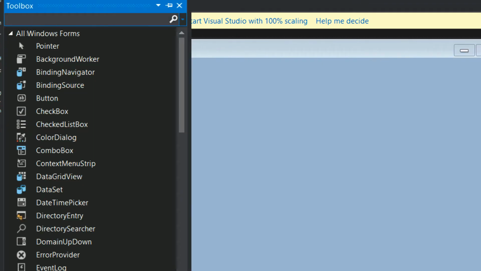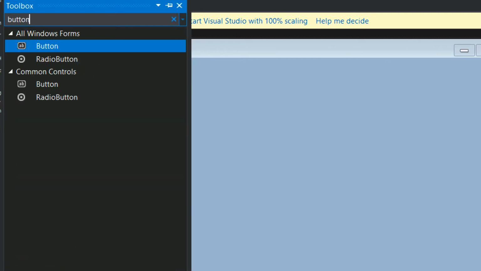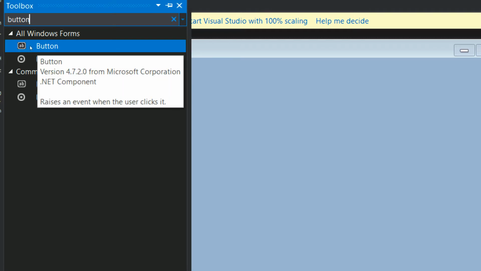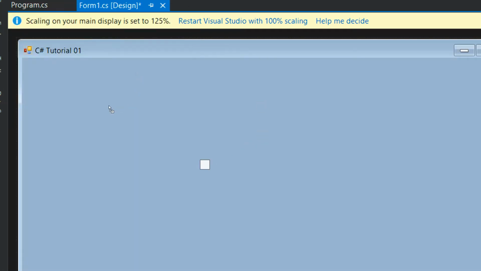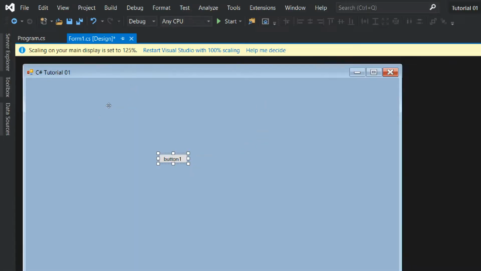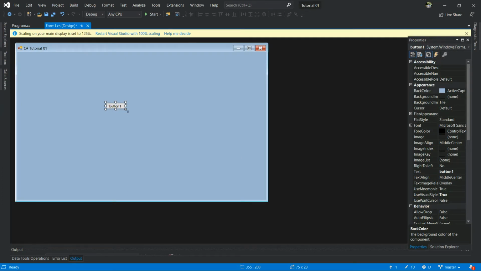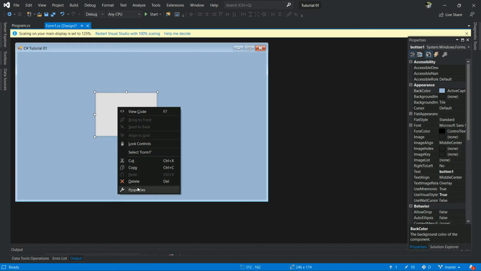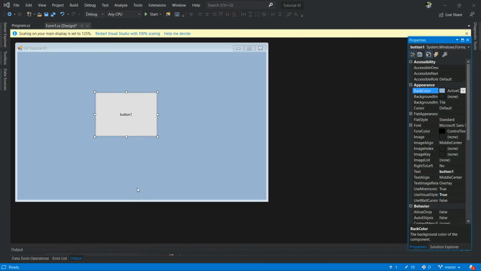Now I am going to add a button. You have to go to the Toolbox, type and search Button, and drag and drop it onto the form application. Now you can click your button and resize it like this. Right click and go to Properties. You can change the button text.